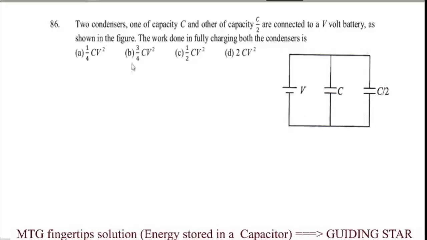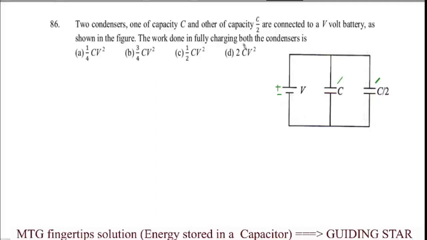In this question, two condensers, one of capacity C and the other of capacity C by 2, are connected to a V volt battery. So here this is one condenser, or you can say capacitor, having capacitance C, and another capacitor here having capacitance C by 2, connected to this V volt battery. Here this is the positive terminal and here it is the negative terminal of the battery. As shown in the figure, the work done in fully charging both the condensers is, so what is the work